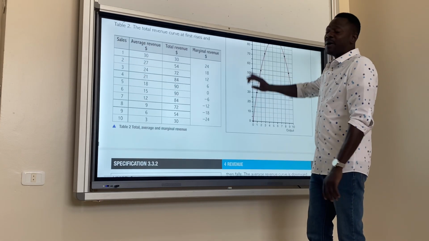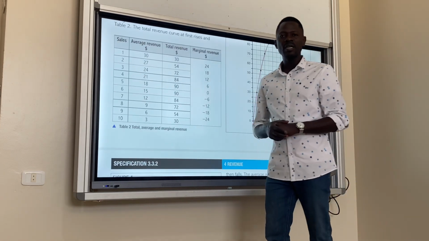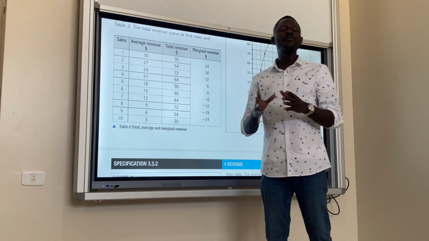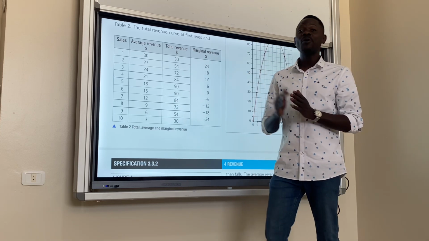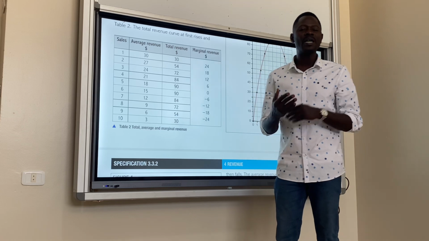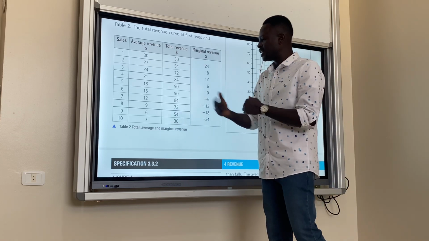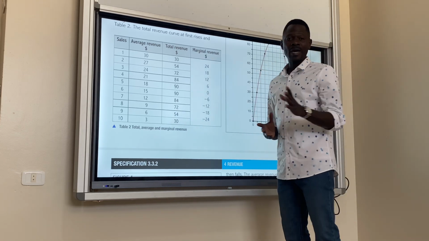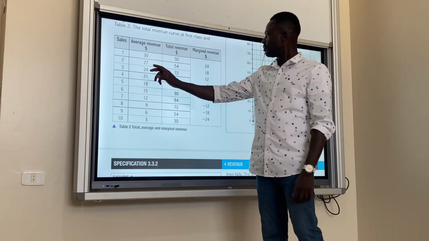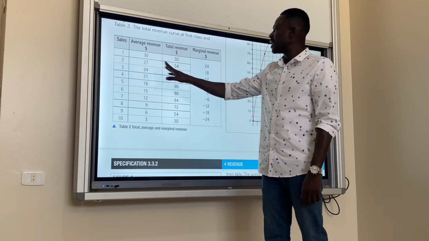When the firm feels that it needs to increase its sales, it might have to reduce the price. So what happens to the total revenue when prices are falling? And what happens to the average revenue and the marginal revenue when prices are falling? This is the situation. As soon as the price falls from 30, as soon as the price falls,